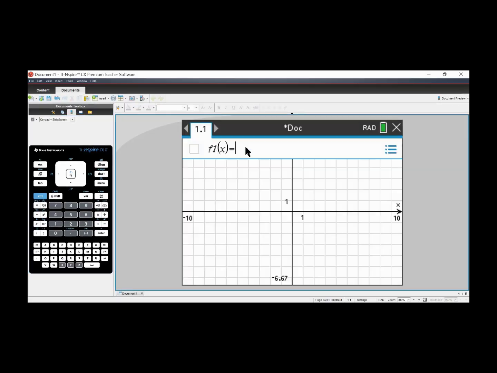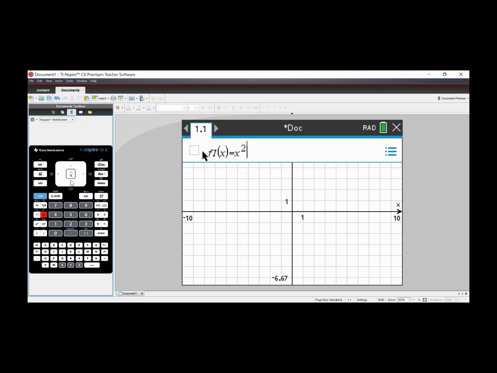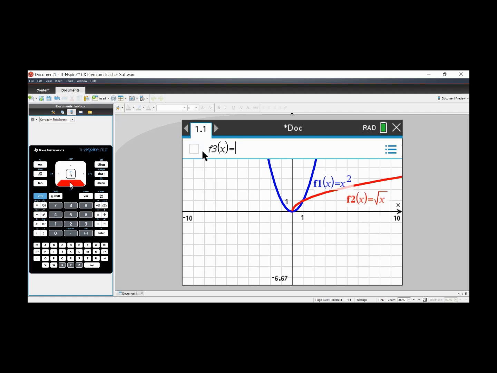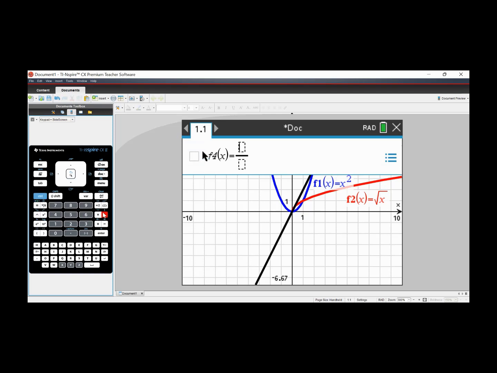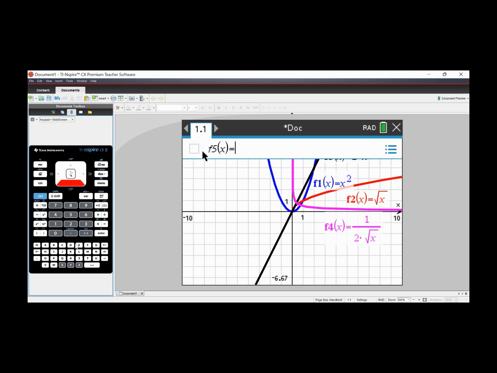Okay, so here we are. We're going to put in a graph page. In f1, we said we're going to put x squared. In f2 of x, we're going to put g of x, which is the square root of x. In f3 of x, we're going to put f prime of x, which was 2x. In f4 of x, we're going to put g prime, which is fraction template, 1 over 2 radical x. Make sure you use that fraction template. And f5, we were going to do f4 of f1 of x